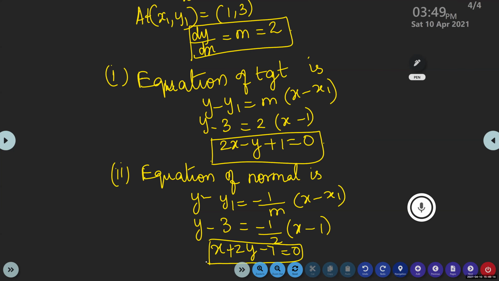Ma'am, it is 6, no. X minus 2y plus 6. No, plus. See, when you cross multiply this, Shubham, you check it. When you cross multiply this 2, what you will get? 2y minus 6 is here. Negative sign is outside, and you open the bracket, negative x plus 1. We take all the terms to one side. Negative x on going the other side, it will come plus, minus 6 minus 1 is 0.